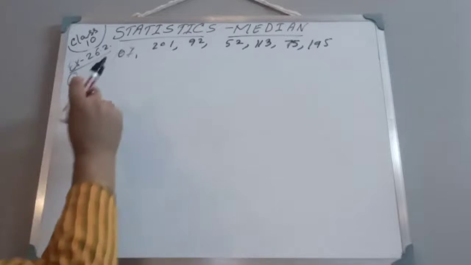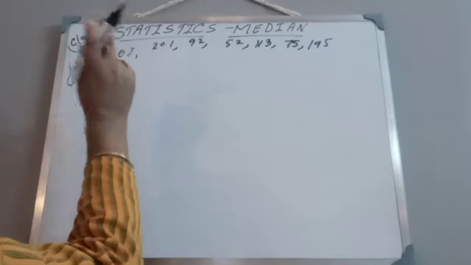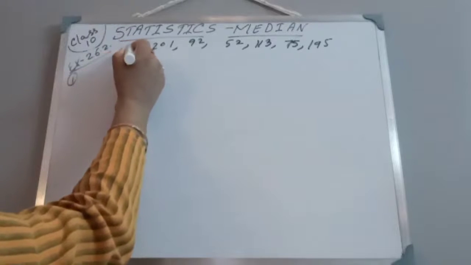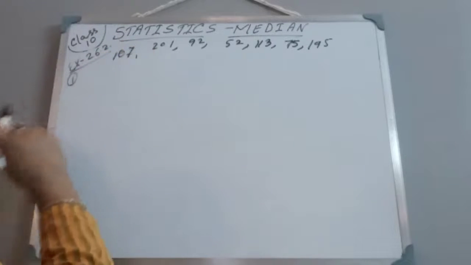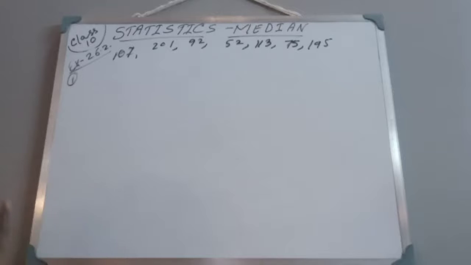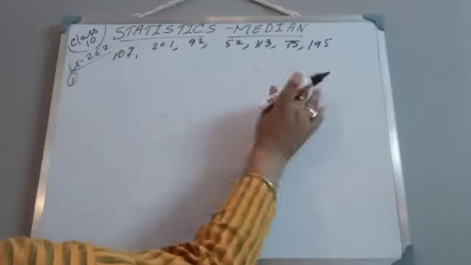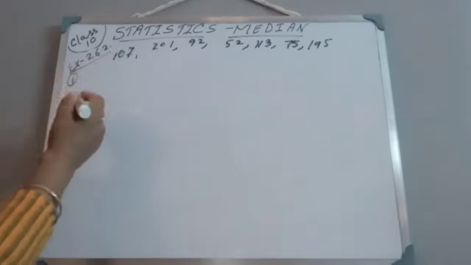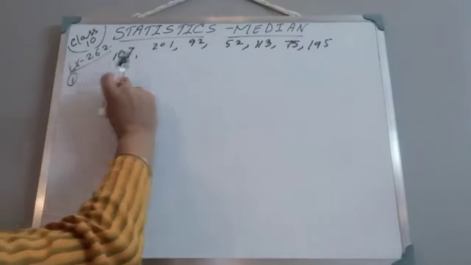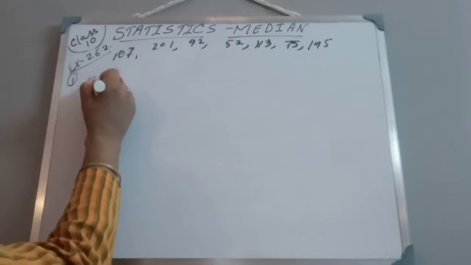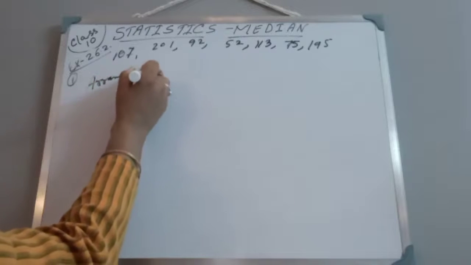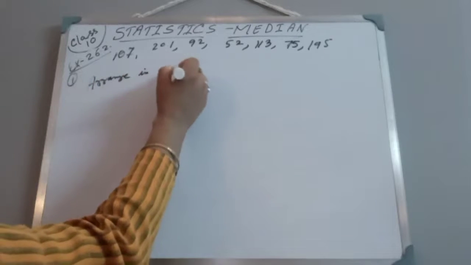Okay, so let us arrange. What did I say in the last video, when I have already discussed how to find the median with ungrouped data and grouped data? Now this is the ungrouped data. We know the frequency is not there. Now let us arrange all the terms in ascending order first.